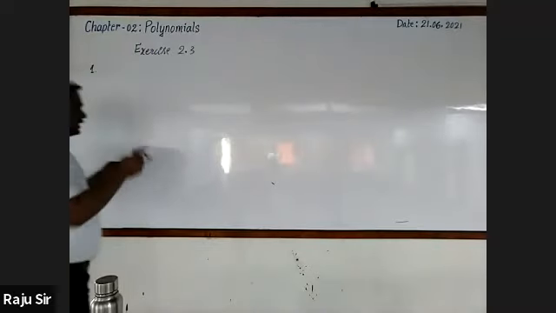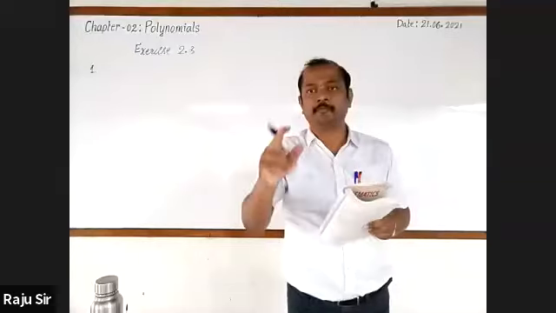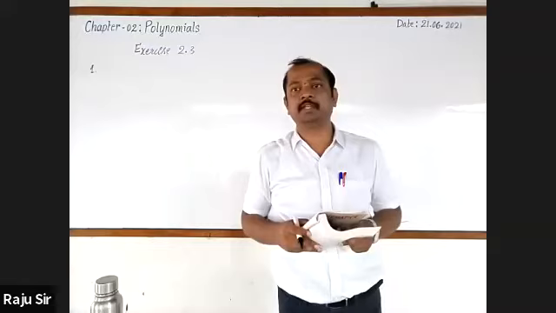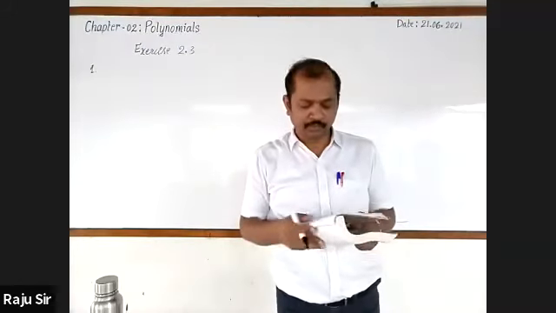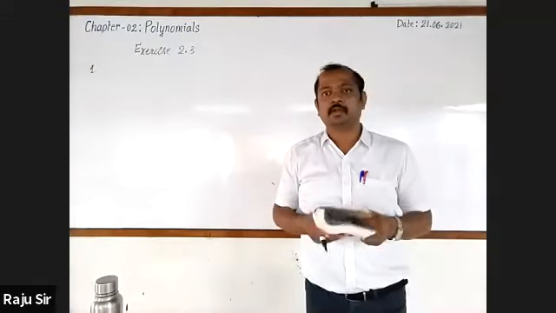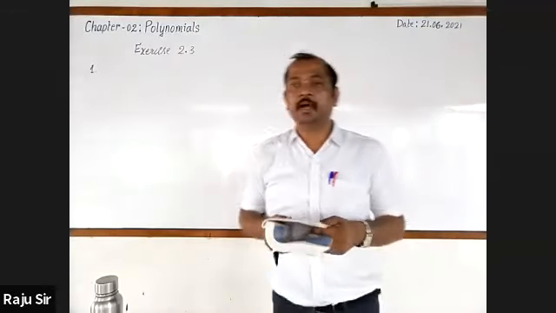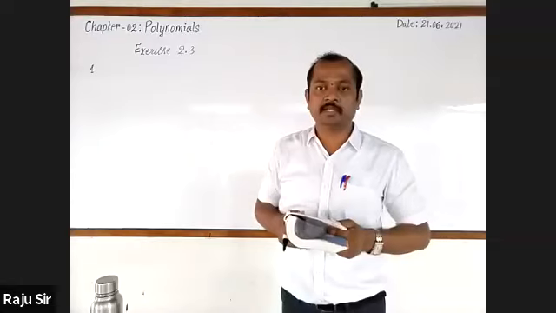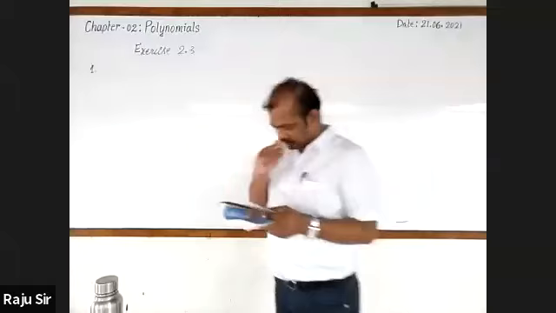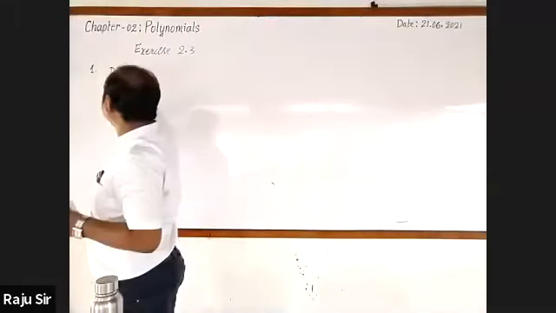First one is like this. They have given, just listen to me, p of x and g of x. p of x is dividend, g of x is divisor. And they have asked us to find out remainder and quotient. So we have already learned how to find out remainder and quotient by dividing the dividend by divisor. Is it not? Then already we have taken even two problems from this only. Hence, just write, it is discussed.